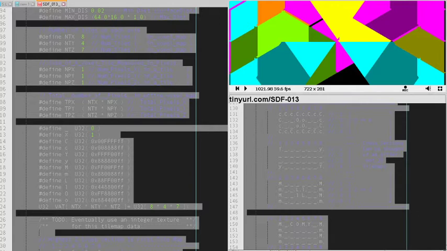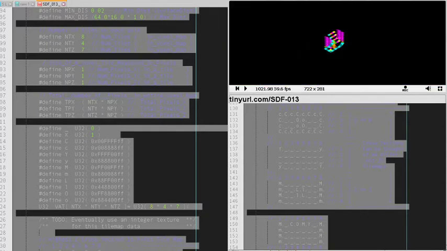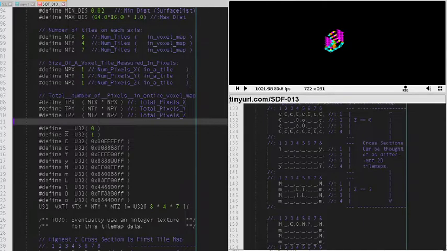But if we have some type of weird off by 1 error, we might see the artifacts, we might see some really bad stuff. So let's see. That's actually not bad. That kind of makes sense, right? Because by making every tile just 1 pixel large, it also changes the